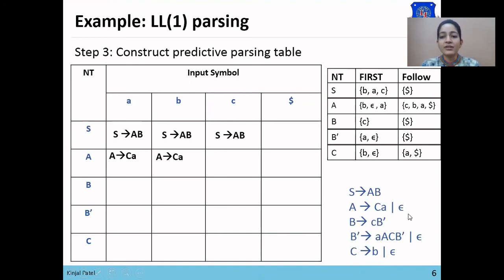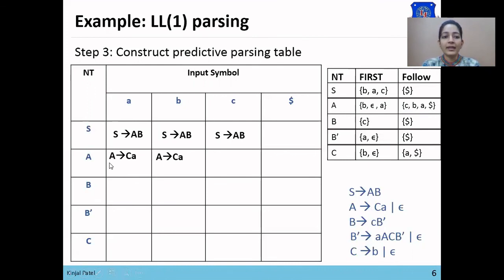As first of null is null, if the production derives null, then we'll check for the follow of that non-terminal symbol. So here A derives null, so we'll check for the follow of A. Follow of A is C, B, A and dollar. So we'll make the entry of A derives null in A, B, C and dollar symbols.